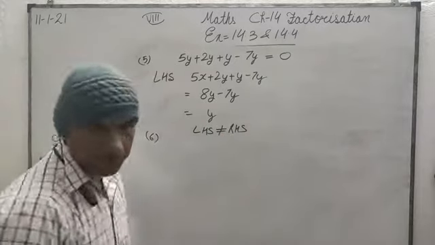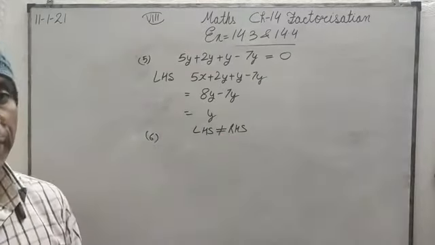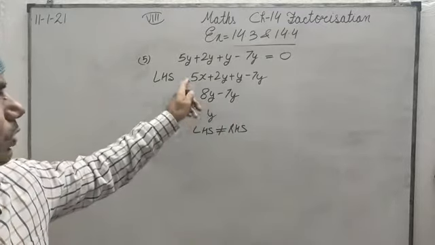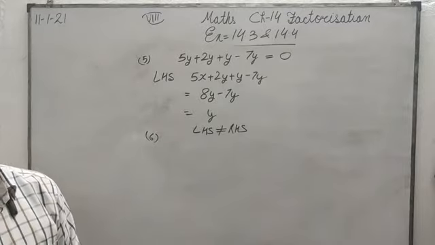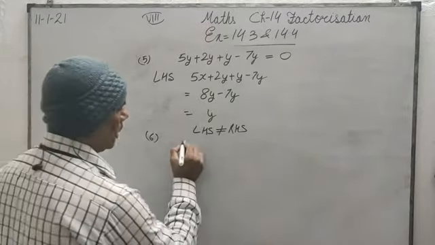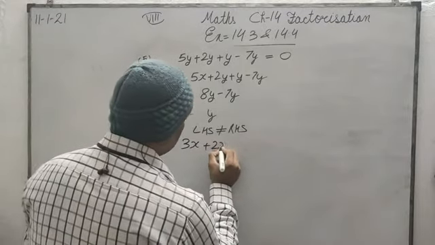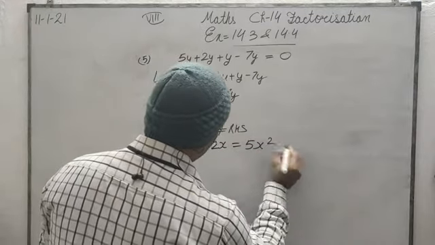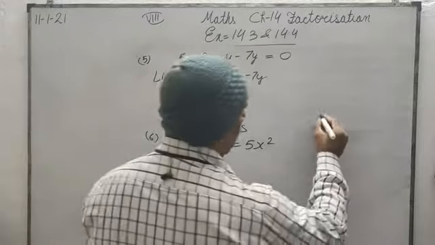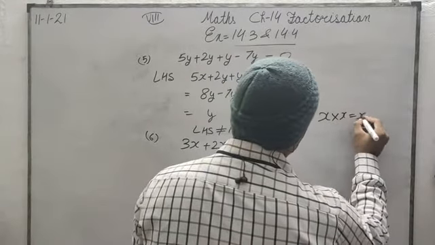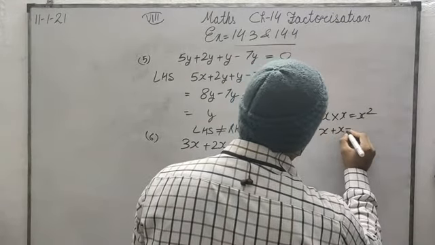Let us see question number 6. I'm very sure you are able to find the mistake. गलतियां पता चल रही है कि क्या गलती हुई. 5 plus 2 plus 1 8 होगा, उसने 7 ही लिख रखा है. Then 3x plus 2x, ये भी बड़ी कॉमन मिस्टेक है, is equals to 5x square. नहीं भाई, x और x मिलके तो x ही होता है. x into x is x square, while x plus x is 2x.